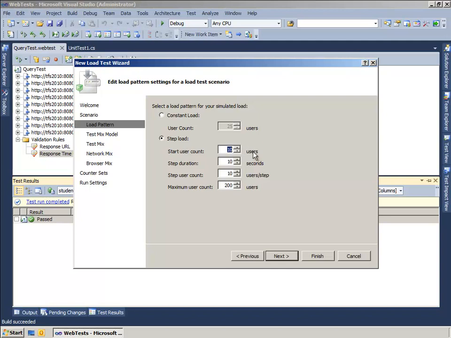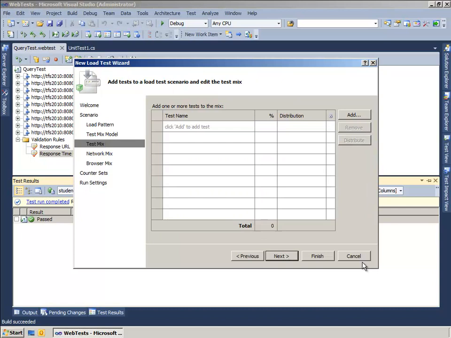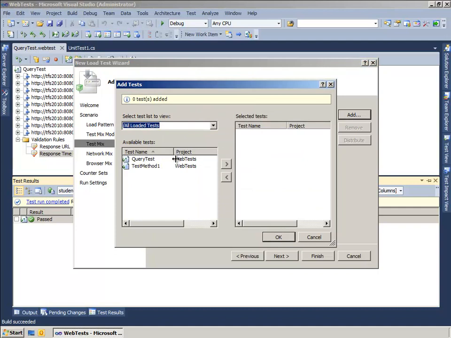In our case, we will start from 2 users, and every 1 second we will add 2 users. So in the end there will be 20 users. The reason for that is that we are running it on one machine, and the test mix model we will return to a bit later, meaning that